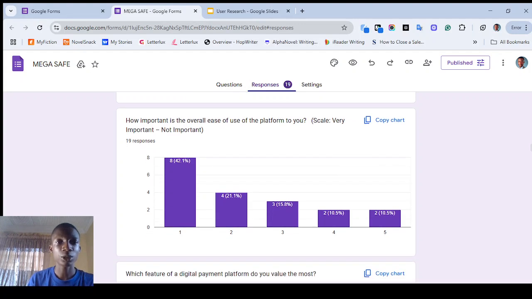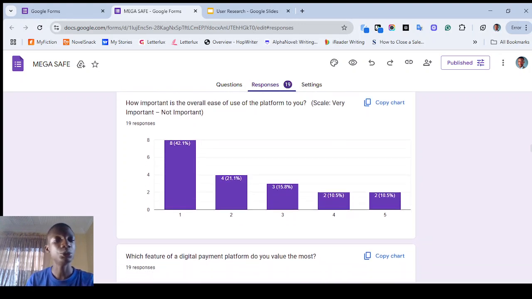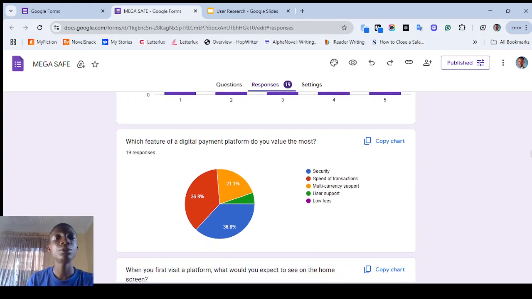Remember, these were the questions used to answer this chart right here. See some people's opinion, who felt it would be very important for the platform to be easy to use. And then, which feature of a digital payment platform do you value the most? From what you can see here,